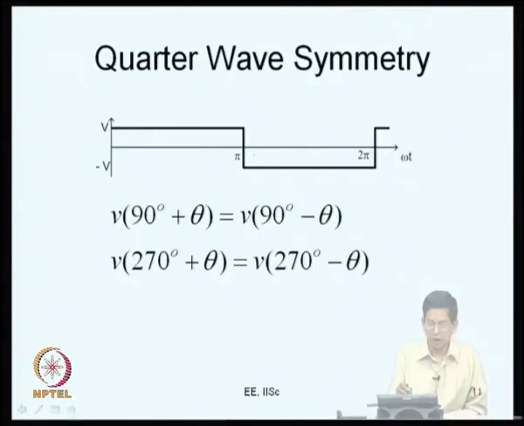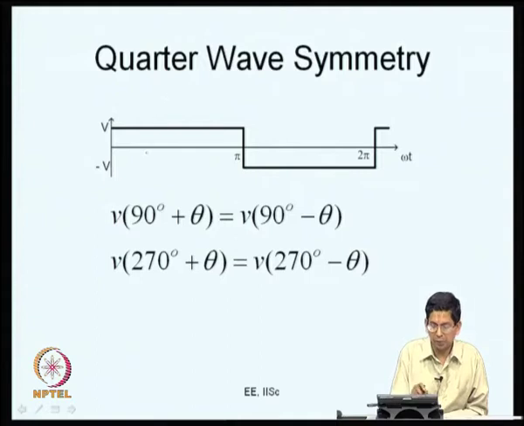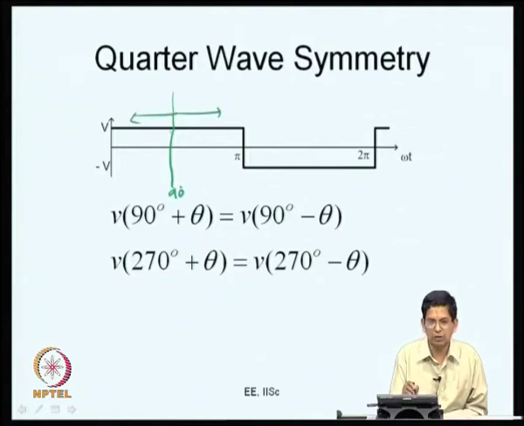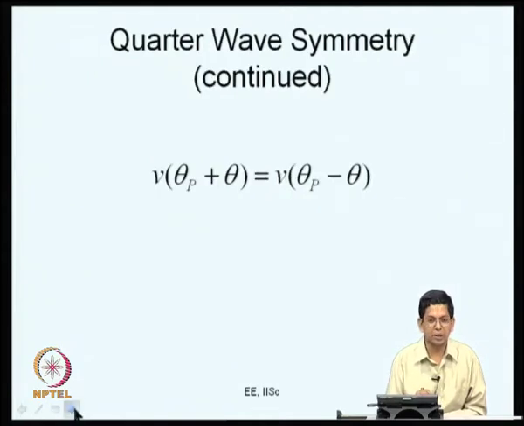So, in addition to half wave symmetry, you see that these two halves are symmetric, that is, you take this half and invert it by 180 degrees, and you will get this half. Further to this, if you look about these points, at pi by 2 or 90 degrees, you move a certain distance here and the same distance to the other side, to the left or to the right, and you find that the values are equal. This is what you call quarter wave symmetry. This is again what we discussed last class. It is not exactly at 90 degrees.